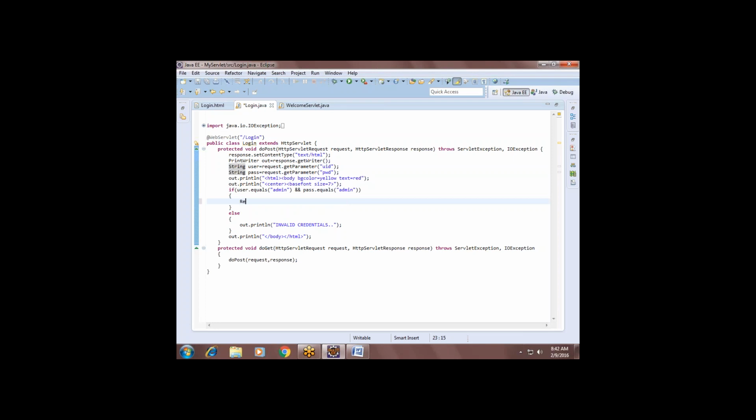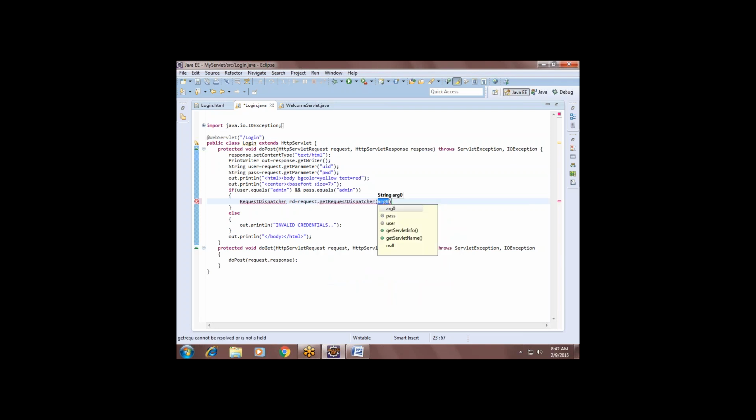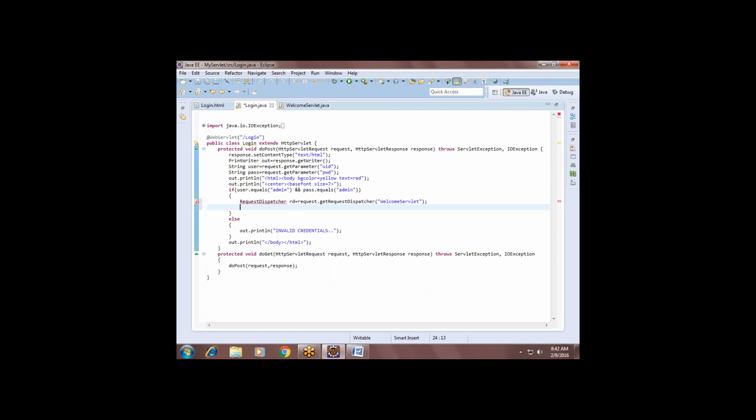Request dispatcher. RequestDispatcher rd equals request.getRequestDispatcher. What is the URL pattern for the next servlet, guys? Welcome servlet, no? We should call the servlet. And rd dot,